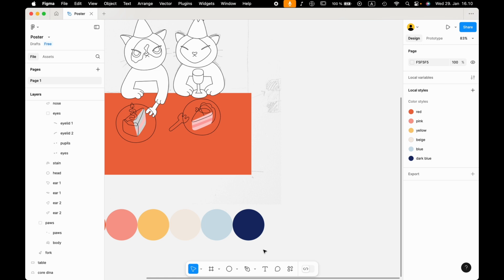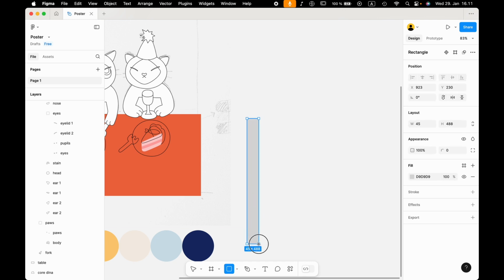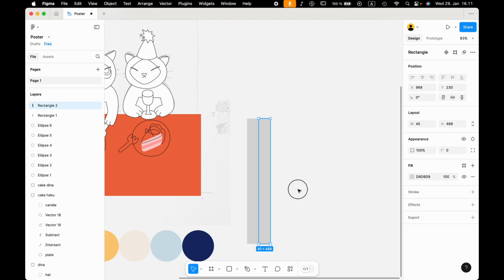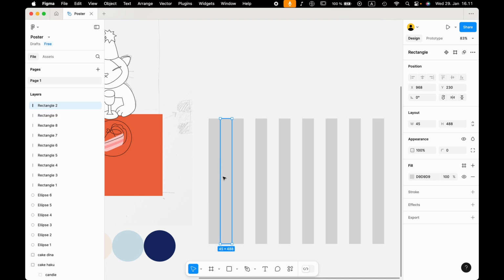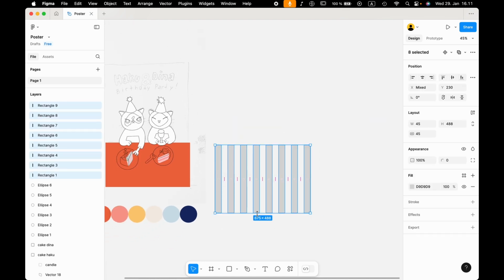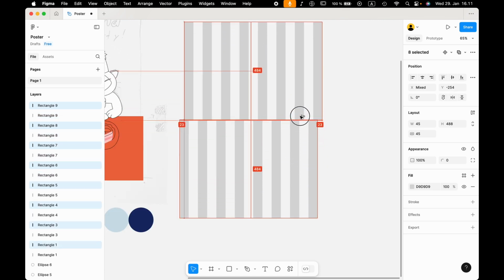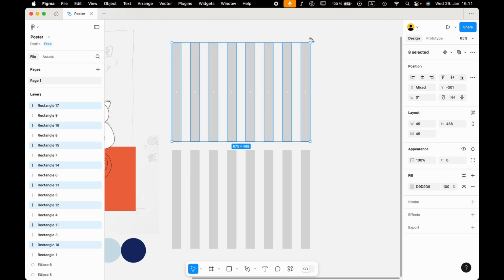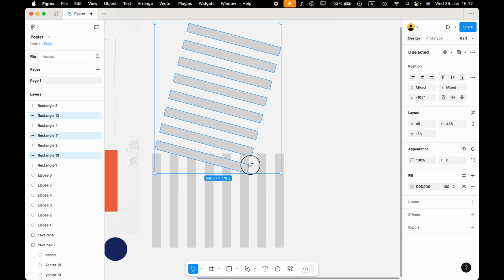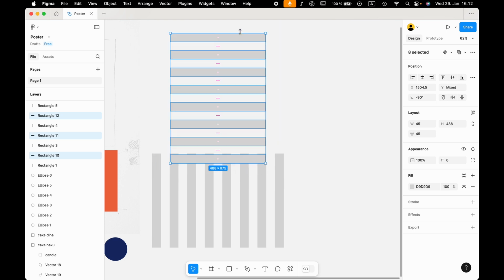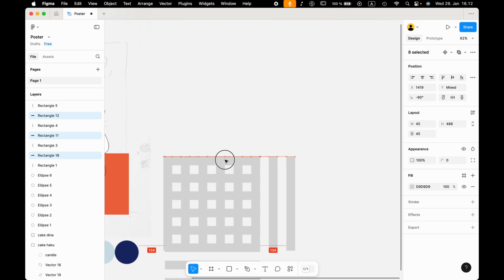So first I'm gonna create a stripe with the rectangle tool, and I will copy the second one right next to the first one, pushing Option Shift on the keyboard, and then the third next to the second one, and then keep the third rectangle selected and just press Command D. This way you will just copy it multiple times to the same distance, and then select all of the stripes and pushing Option Shift, copy it to the top, and then select the top stripes and rotate them, pushing Shift, and just place them on top of the bottom stripes, and I will just adjust the sizes to